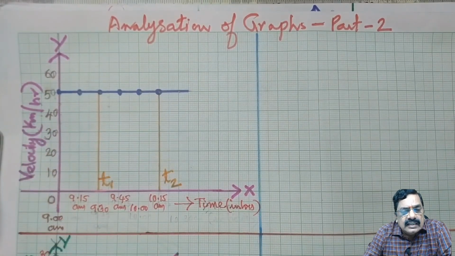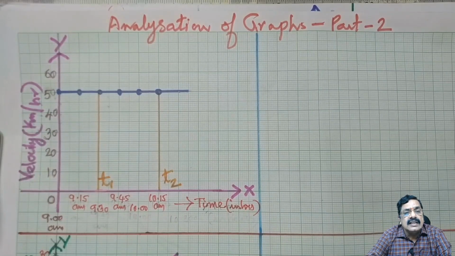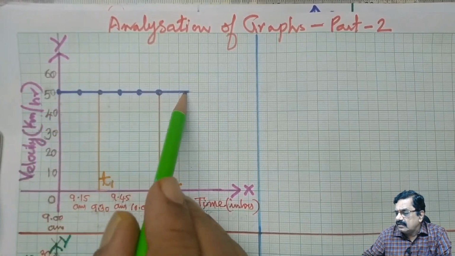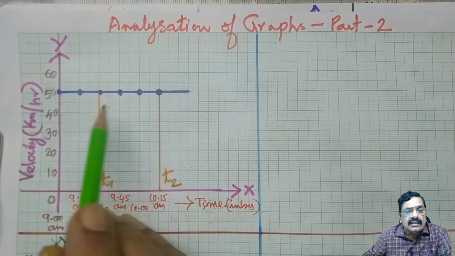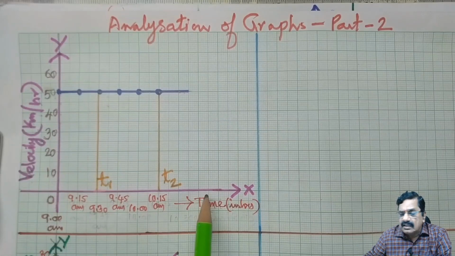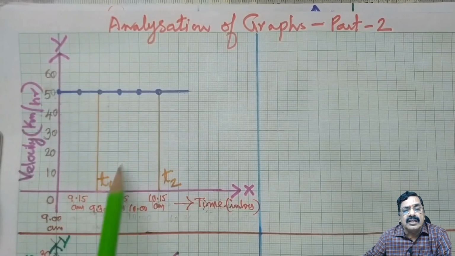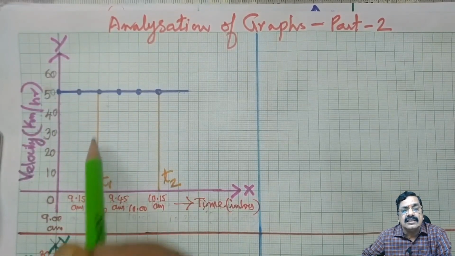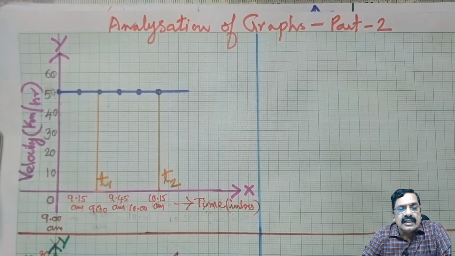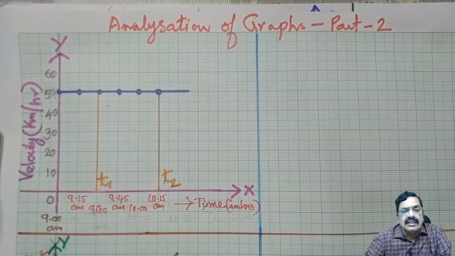Next question, they give the graph, they will ask one more important question, that is, what is the nature of the graph line? You know very well, the graph line is a straight line, and is it parallel or making an angle with the x-axis? Observe carefully, and you know very well it is not making any angle, whereas it is parallel to the x-axis. Nature of the graph is parallel to the x-axis. These are the various 1 mark questions they will ask based on the given graph.